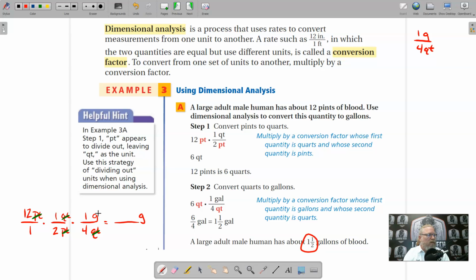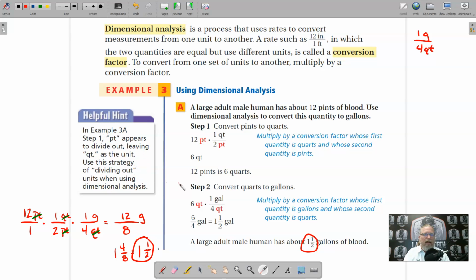So 12 times 1 times 1 is 12, and 1 times 2 times 4 is going to be 8, and then 12 divided by 8, 8 will go into 12 once with a remainder of 4, and our denominator is still 8, and that 4/8 is going to simplify to 1/2, and we would come up with the same 1/2 that they have here. So the reason I did this here is so that you can understand that whole canceling out